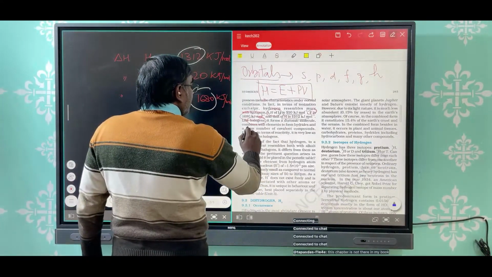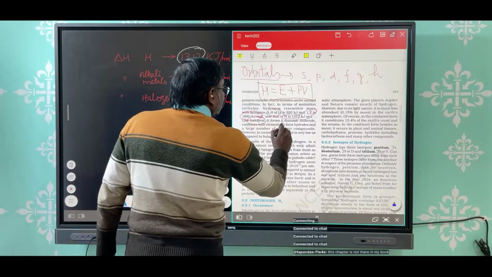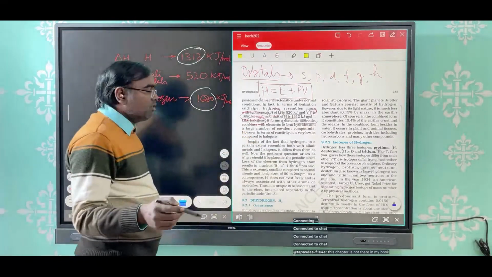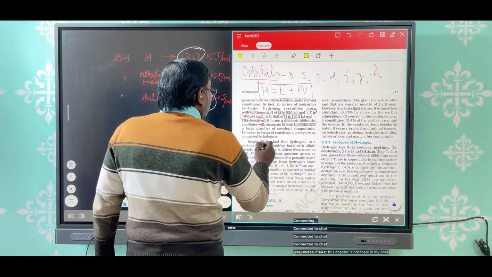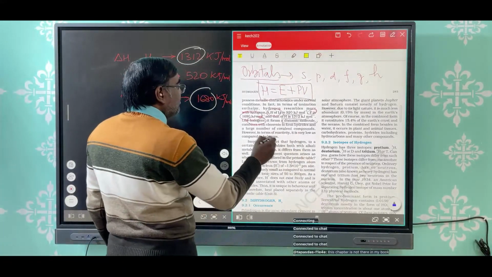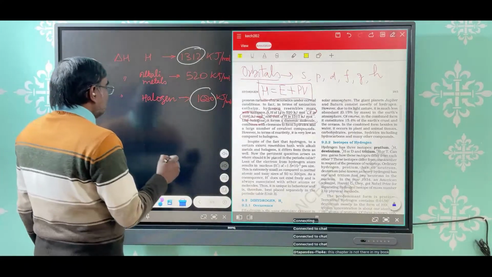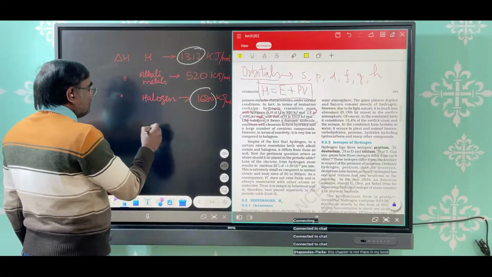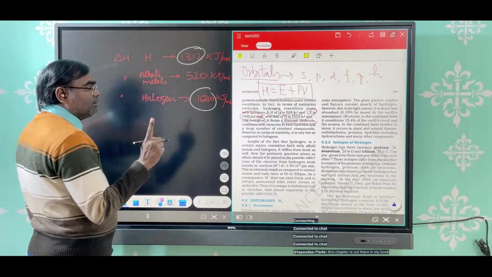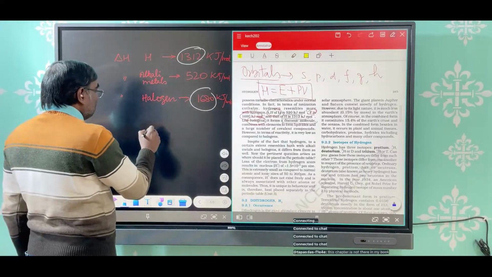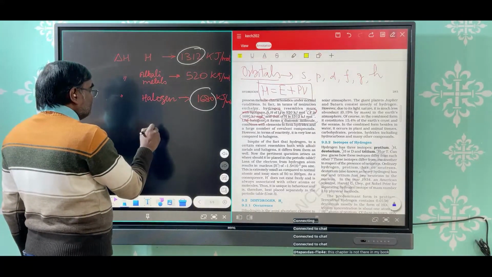Again, it forms a diatomic molecule, dihydrogen. We have talked about it, and it combines with the elements to form hydrides. So metal hydrides, it used to form the hydrides with a single element, like HCl,